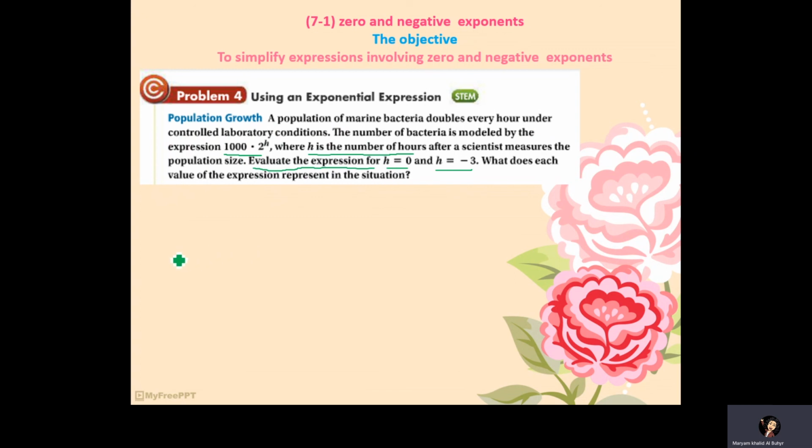So let's try this. So we have if H equals 0, that means directly I will substitute here in this expression. It will be 1000